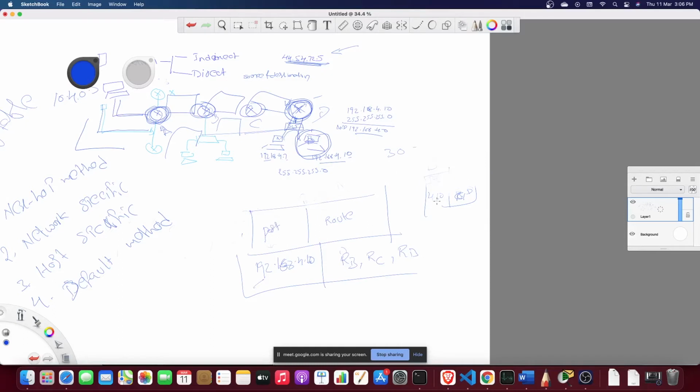Let's write down how the routing table looks like when using the next hop. Here for router A, what happened? Router A stored the complete route about B, C, D. But when it comes to the next hop method,